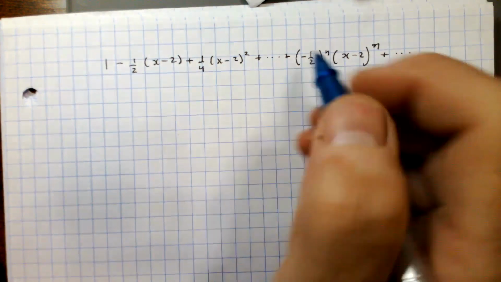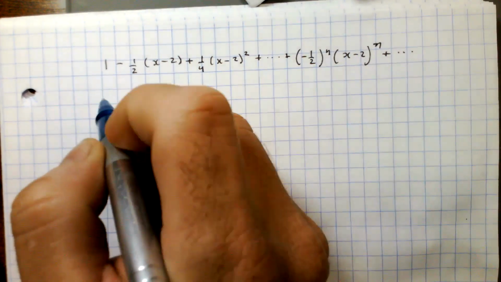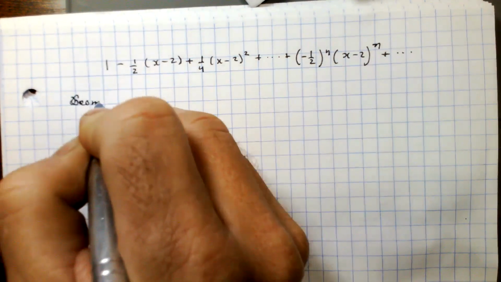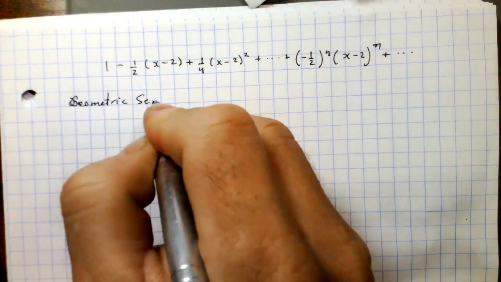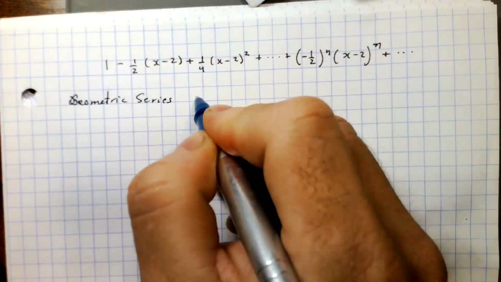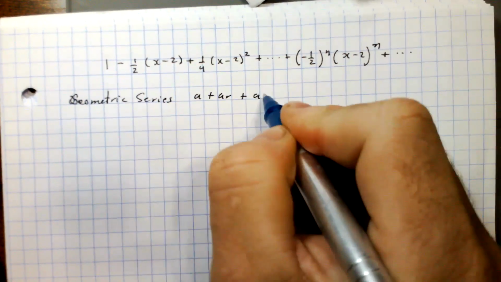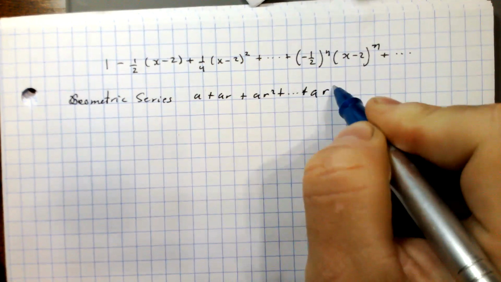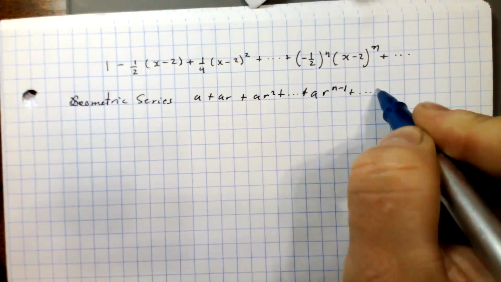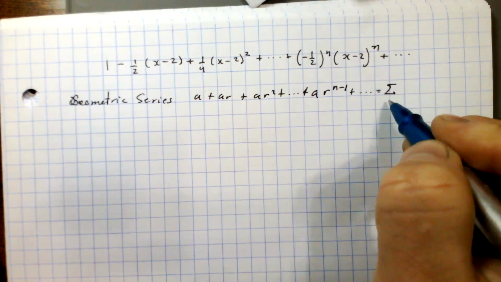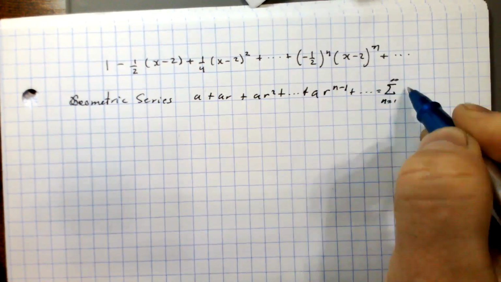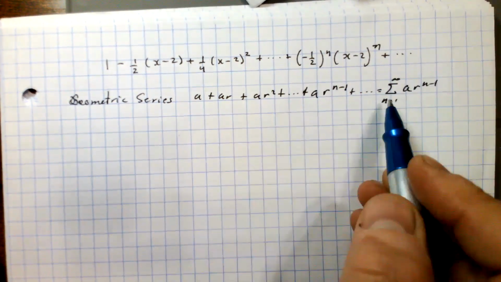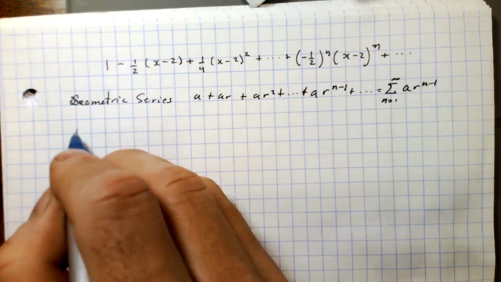So if you recall back to our work with geometric series, we saw that a geometric series had the form a plus ar plus ar squared plus dot dot dot plus ar to the n minus 1 plus so on and so forth. And that eventually came to the form of the sum from n equals 1 to infinity of a r to the n minus 1. Okay, so if you look at this form and you look at the form of the power series,